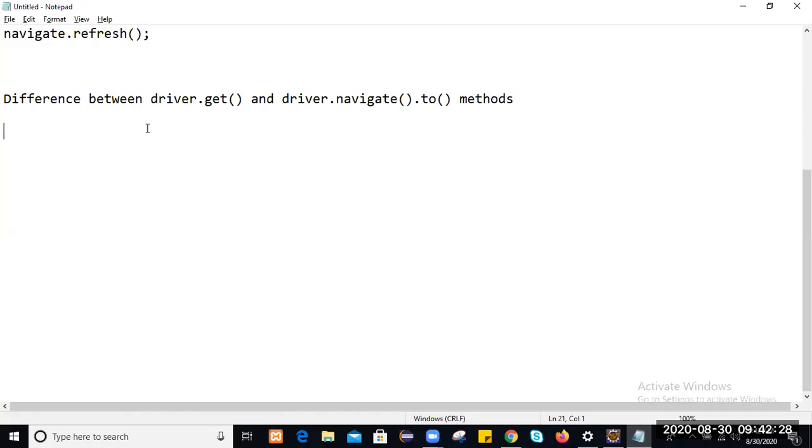In the next line, WebDriver will wait until the page has fully loaded before returning control to your test or script.